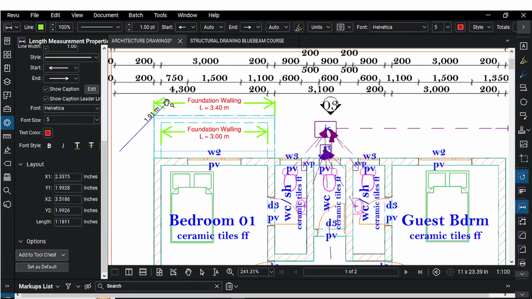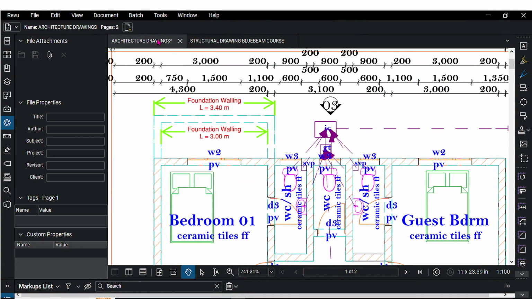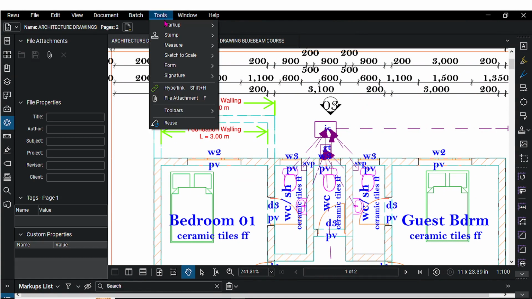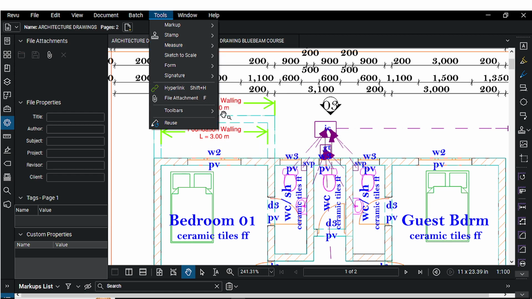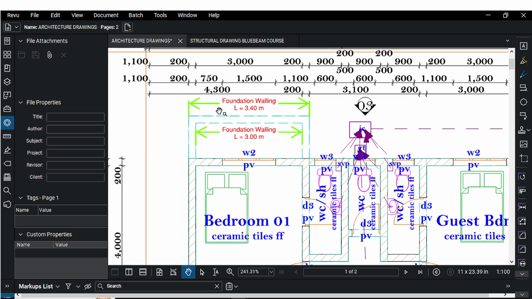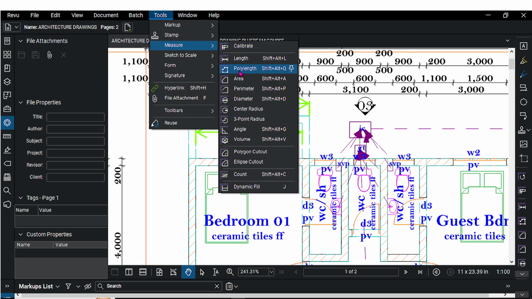So let's look at other tools that we have under the measurement tools. I'll proceed back to the tools menu, and then we have the Polylength. Now the Polylength is very similar to length, but with the Polylength you can create more than one segment. Remember, with the length you only create a segment defined by 2 points, but for the Polylength you can define